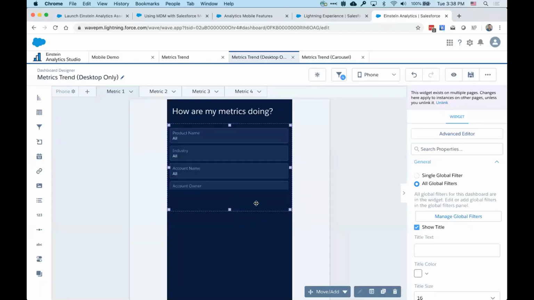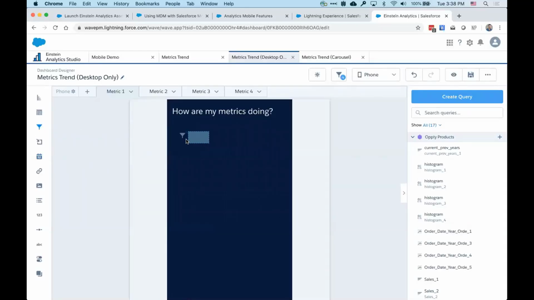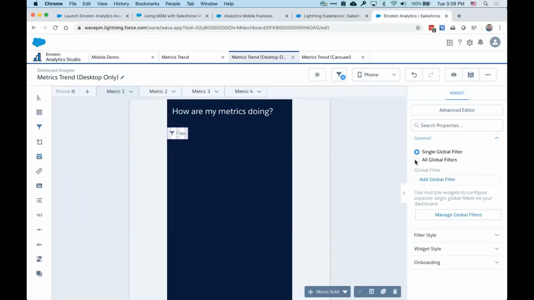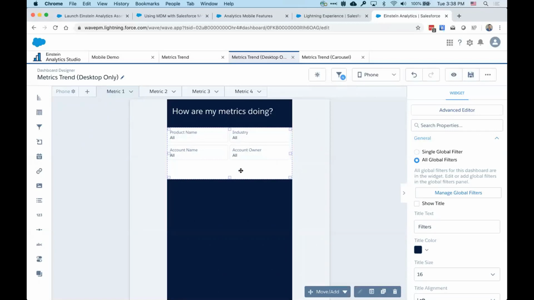So in this case, unfortunately, we would have no choice but to actually bring in a different global filter widget in here. So, okay, I'm gonna delete this. I'm gonna say delete widget only. I'm gonna bring in a new global filter widget. I'm gonna say show me all the global filters. And here we go. So this is great, but of course the styling doesn't quite match what we had before,